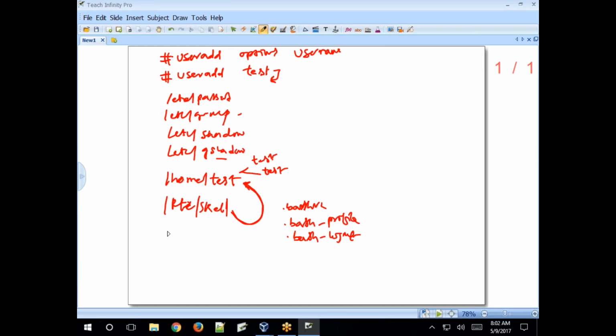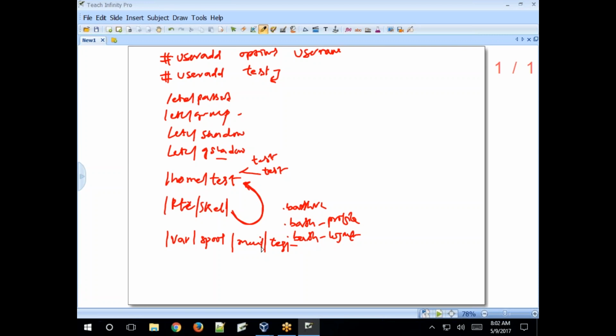And one mail spool directory is also created: /var/spool/mail/username, here the username is test.